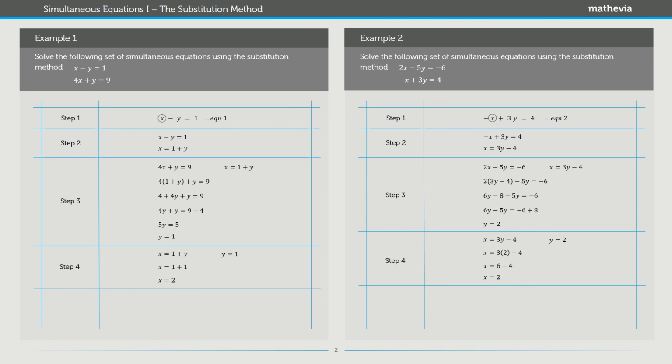So that is how we solve simultaneous equations using the substitution method. It's actually very simple. It's just 4 steps. First, select an equation and variable. Second, make the selected variable subject of the equation. Third, substitute your result into the other equation, and finally substitute your result into the initial equation, the one you made use of in step 2. So just 4 steps,